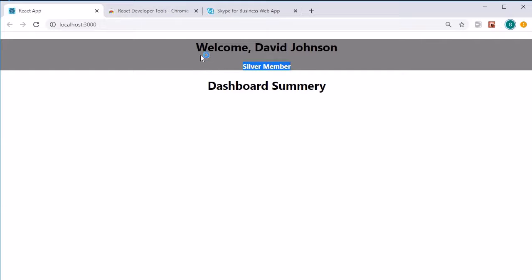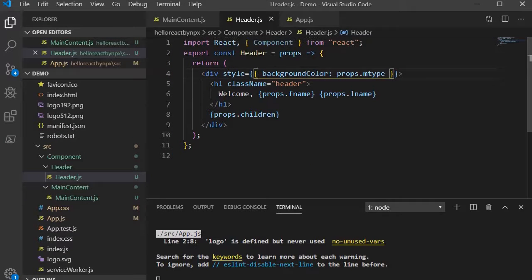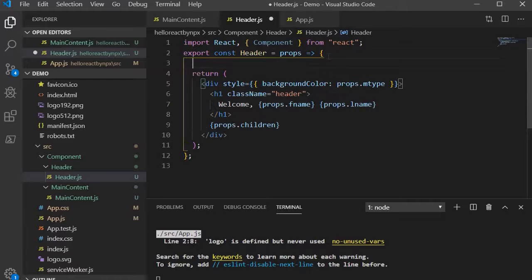Now I want to override this color on clicking a button called upgrade membership, so that it will change to gold membership. Prior to writing such a feature, let's look into the problem of props when we try to change the value at runtime. For example, if you go to header.js and over here assign a value to props.mtype, assigning gold as the membership, then you will find that it will fail